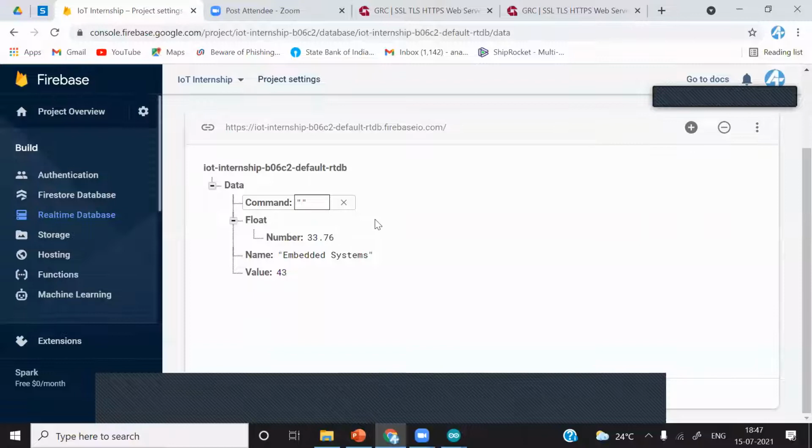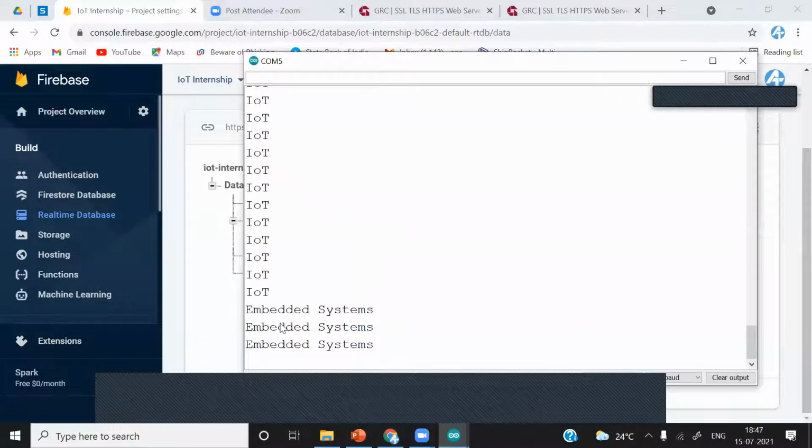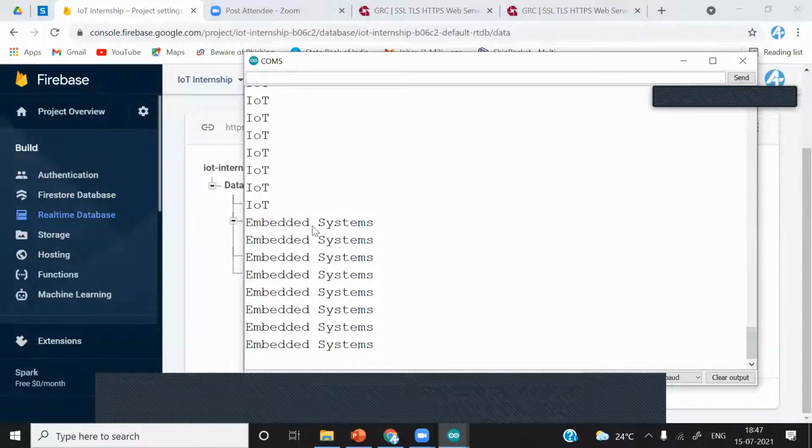Now we'll change it again. I'll put something, embedded systems. Okay, and we'll check it again. See, our ESP8266 is now reading, meaning fetching data from the real-time database.